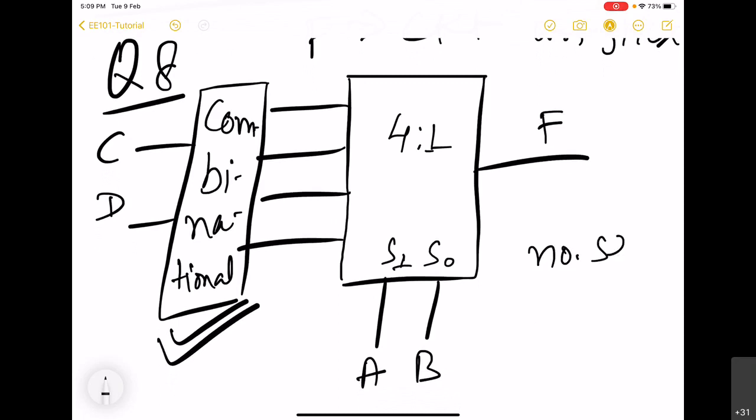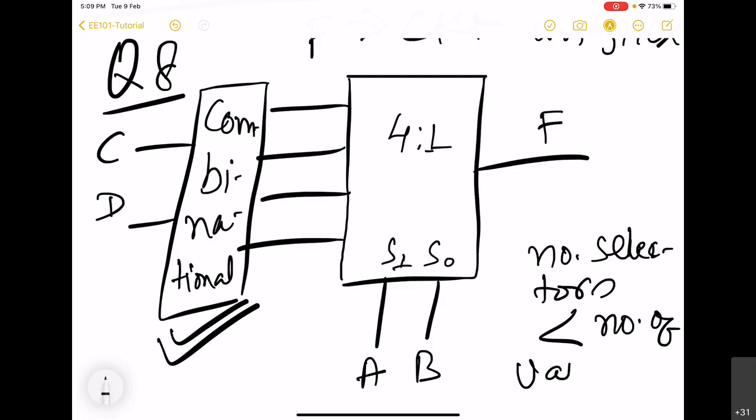Then the combinational circuit complexity grows, becoming more and more complex, which means more and more gates. So how do we find out this combinational circuit?